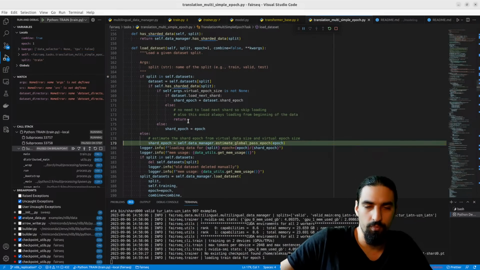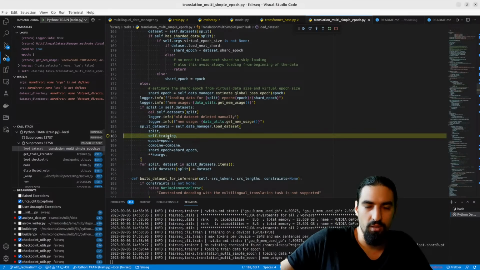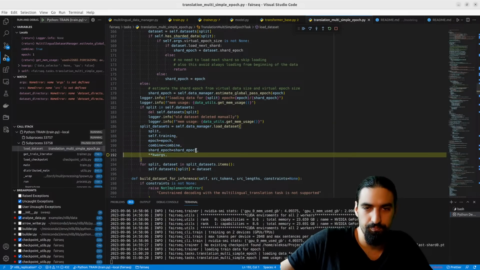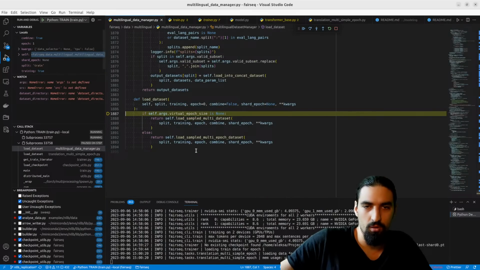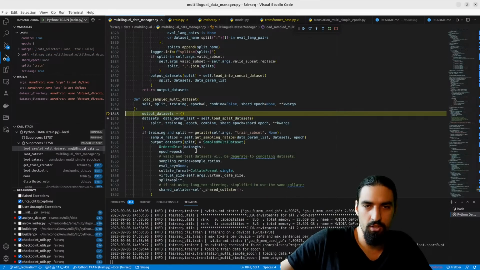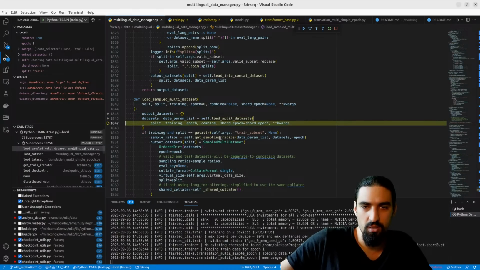So, load the dataset. Let's enter here. Load the split datasets.